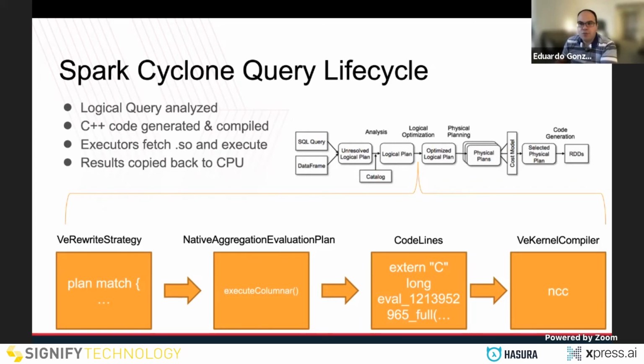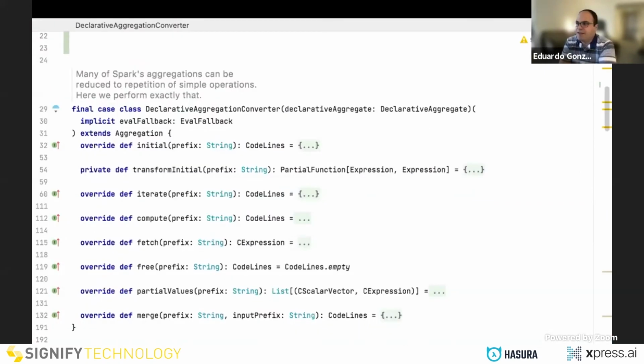So I can go one more level deeper with the aggregations here. This is an example of some of the code that we have, and this is the declarative aggregation converter. And I think it's very interesting. In general, the way that it works is we take the declarative aggregate that Spark has, right? So you can specify, for example, correlation or sum or these kinds of things, which are all defined in Catalyst. And what we do is we convert that to code by specifying the different phases that we have